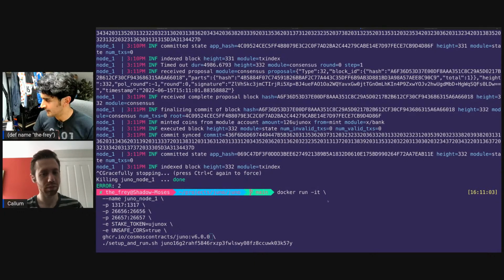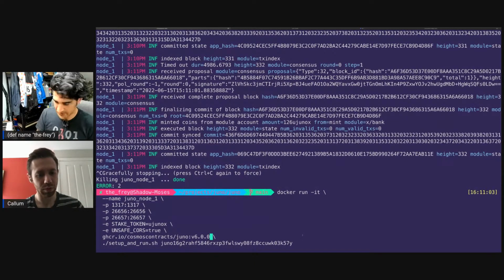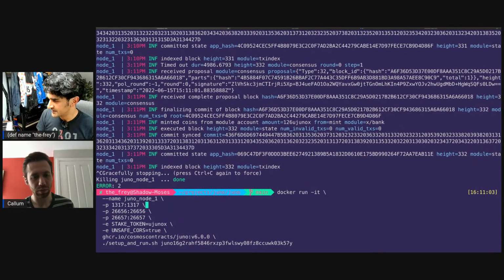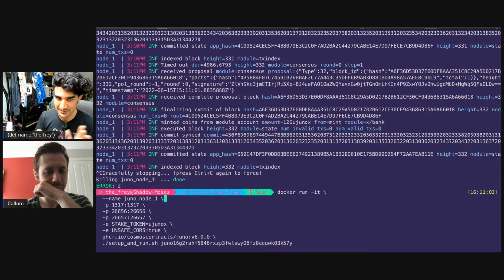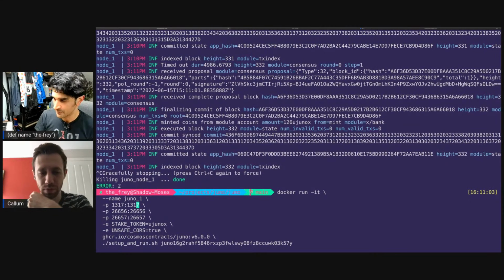So let's very, very quickly go through what we're looking at here. We're going to run it, do we want to run it interactively? That might be wrong, we'll have to see. We're going to run it with the same node as Docker Compose would use. That just means it's expected and doesn't break our expectations, basically. And then this is what I was talking about, exposing ports. So we're exposing 1317,